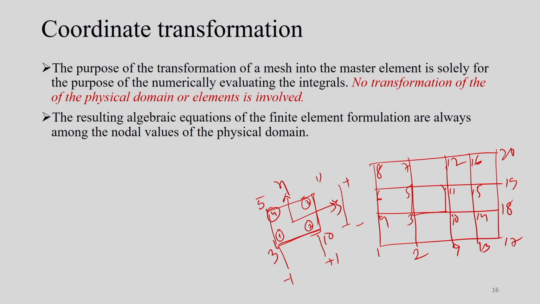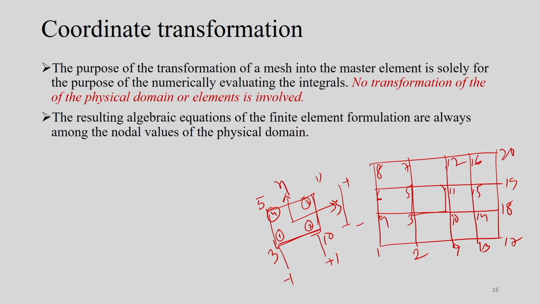Once you get all these things, for one element we consider, then the contribution for all the node points can be divided during the assembly into the global position. So, the global position in this particular element is, say, 3, 10, 11 and 5. According to the global position we will put all the nodal values when you try to assemble the contribution for all the elements. So, that is the procedure.